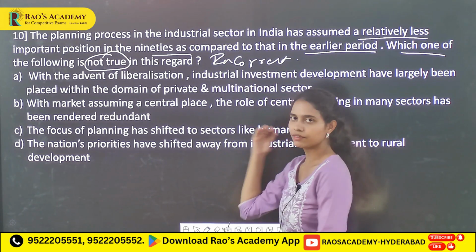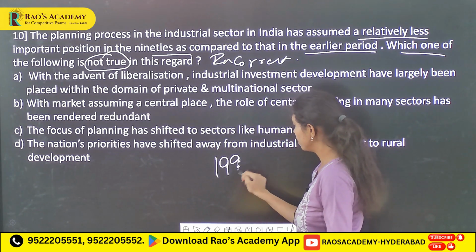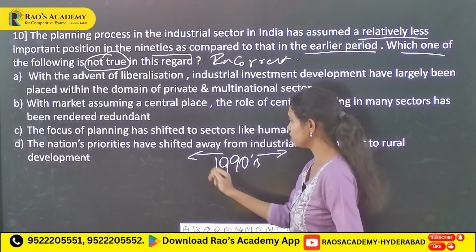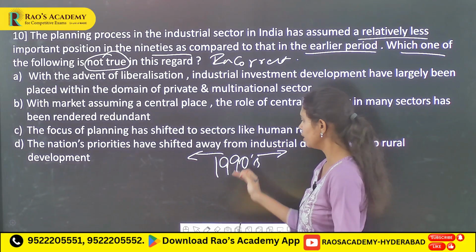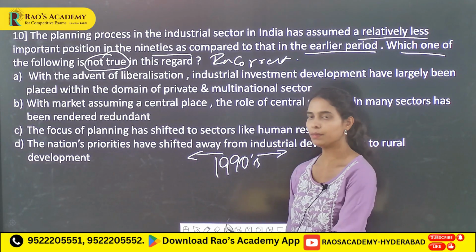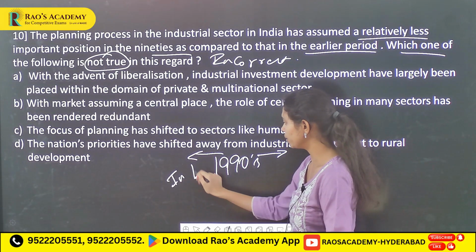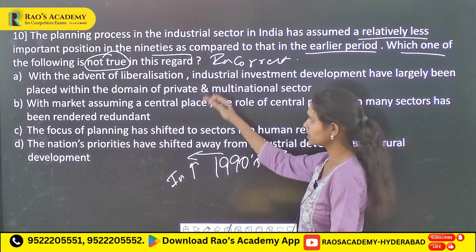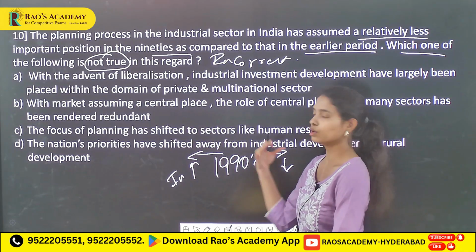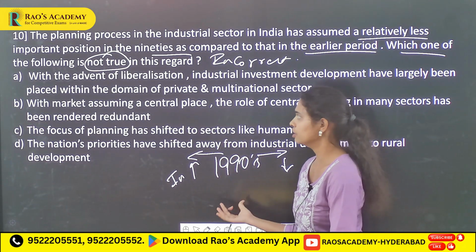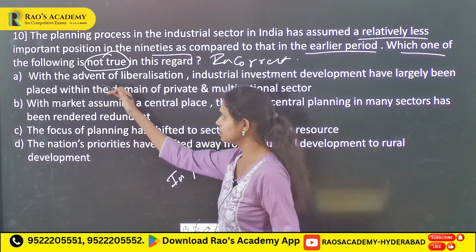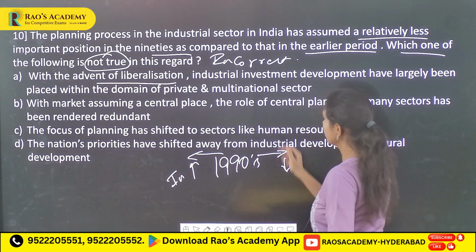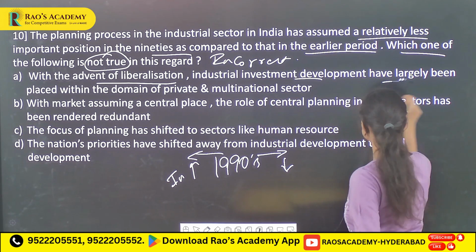Here the given question is about after the 1990s in comparison with before the 1990s. Before the 1990s, government planning with regard to industries was greater when compared to after the 1990s. And here it has asked which one of the following is not a correct reason. So, if you see these statements, with the advent of liberalization, industrial investment development have